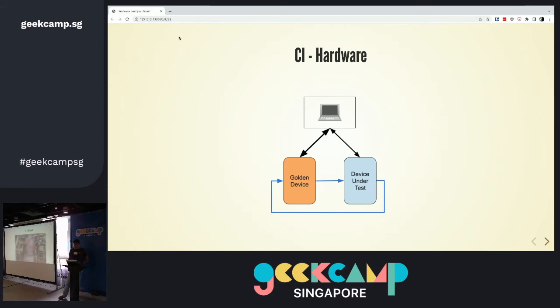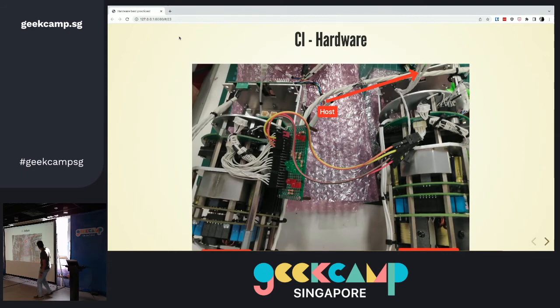So this is a test setup. This is a photo of a setup that we had last week. This is one of the devices that's being tested. This is sort of the golden device, and then there's a host computer set up somewhere up there out of the picture. We're basically driving this one, getting it to send the right signals to this one, and then this one outputs the right signals back to here, and then we record it back on this, and then verify if everything is working fine. It's awkward but doable, and allows us to do some amount of continuous software testing on our devices.